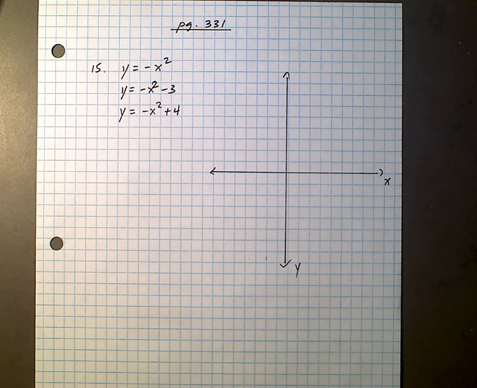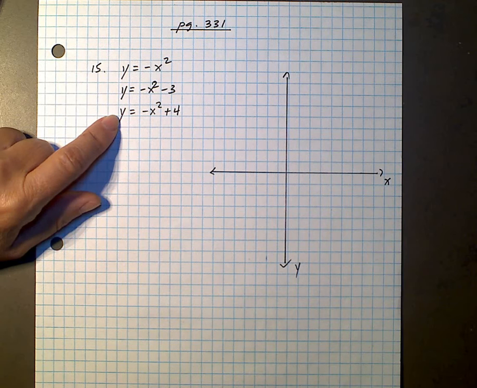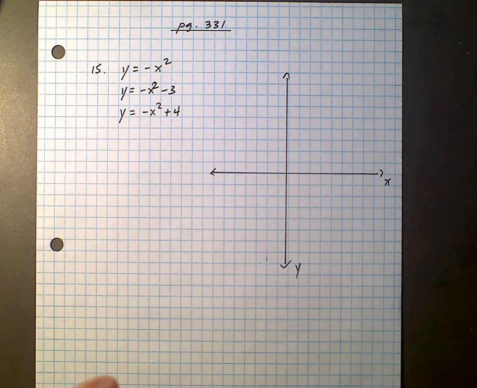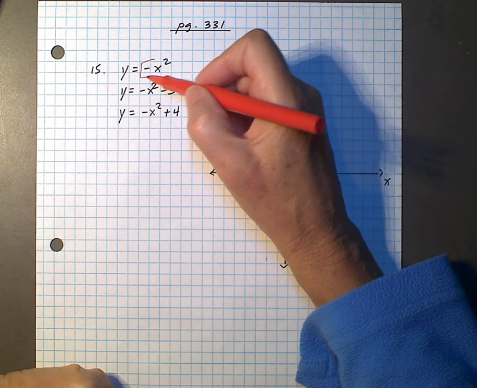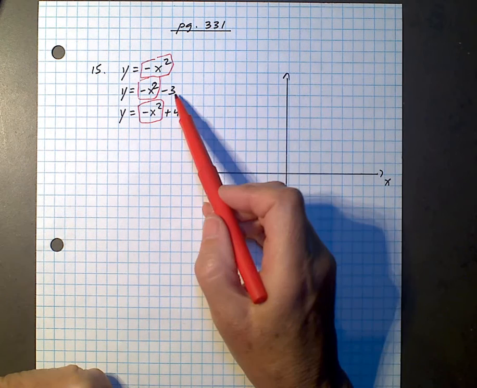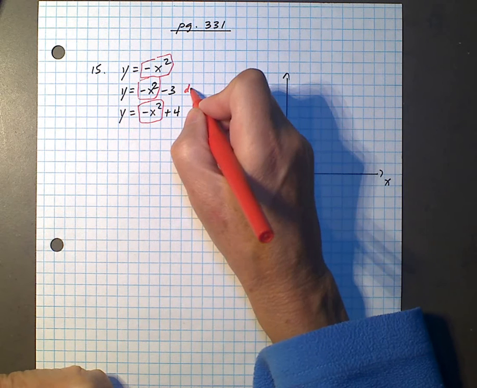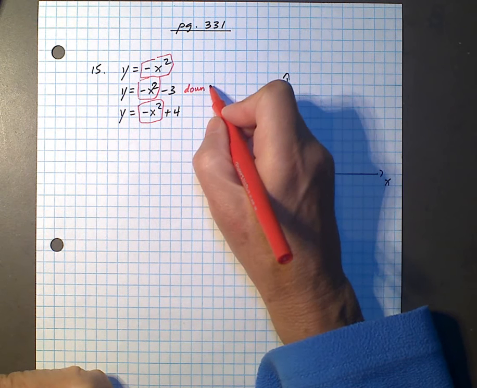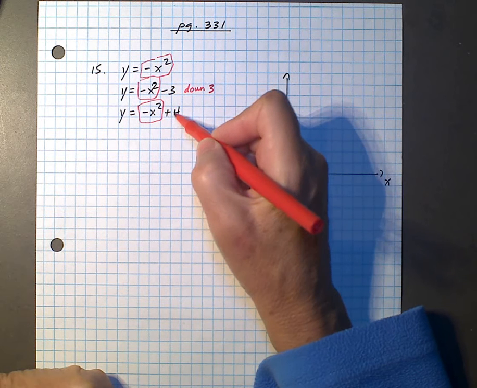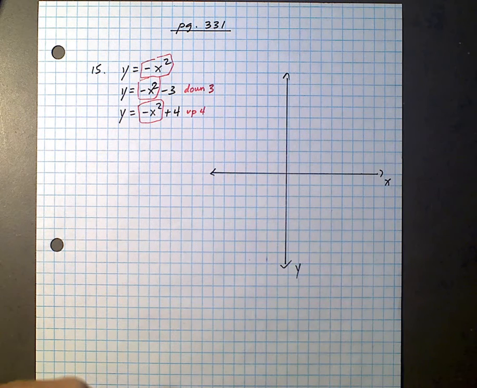Alright, this is number 15 on page 331, and I'm supposed to graph these three quadratic functions, so these three parabolas, on the same set of axes. And what you notice is these all are negative x squared here. And then once I've got this in vertex form, I'm shifting this one down 3 from the first one. And then if I go back to the first one, this one will go up 4 from the first one. So in looking at these,